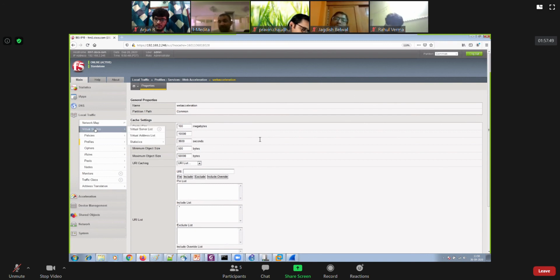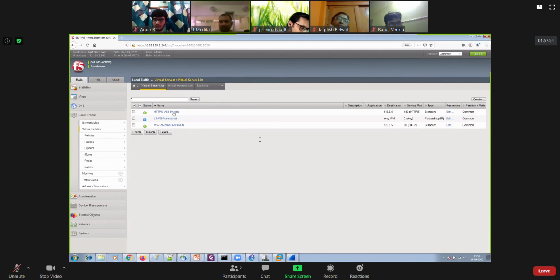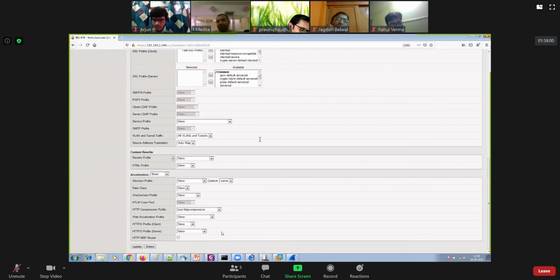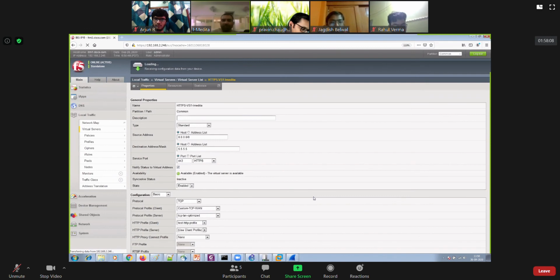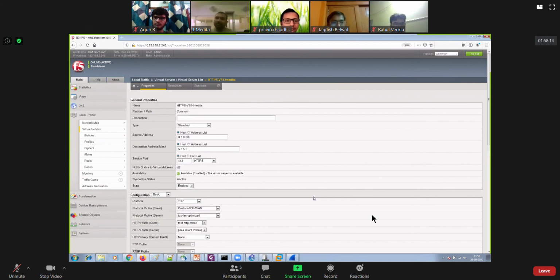And then finally, you will have to apply it to your virtual server. So let's say my virtual server is the first one. But again, to enable this profile, make sure that the HTTP profile is already in place, right? So web acceleration, like this. If you want to configure your BigIP to support HTTP version 2, go ahead and create that service profile first, and thereafter enable that onto your virtual server.